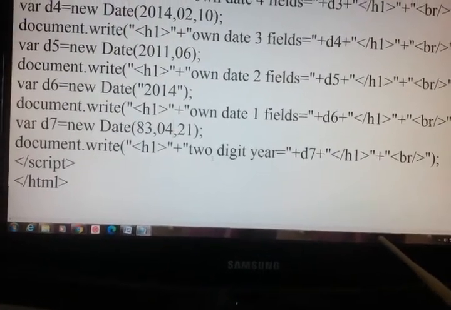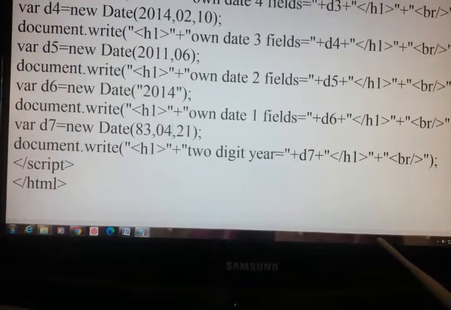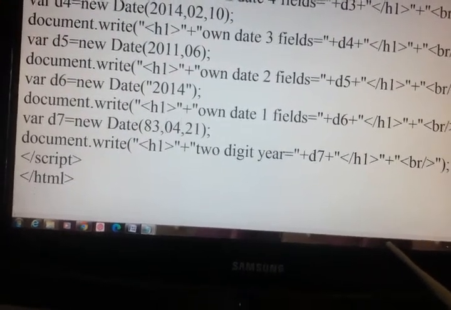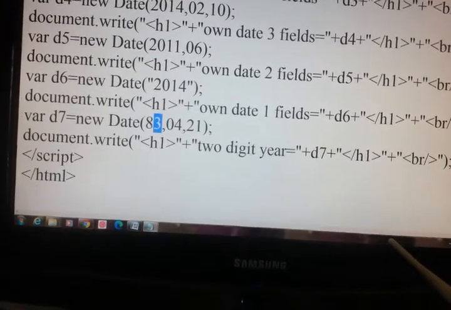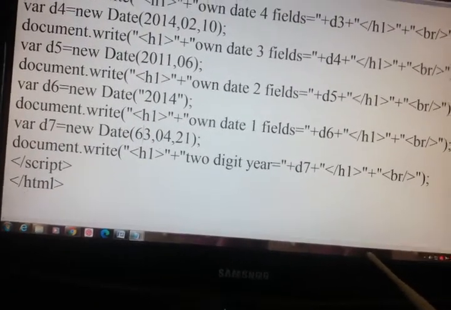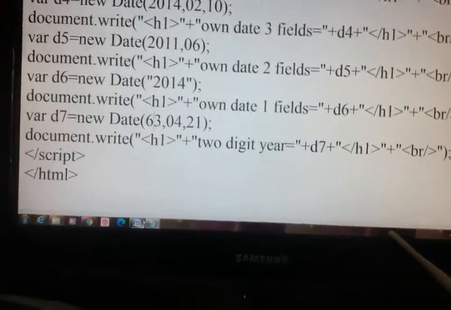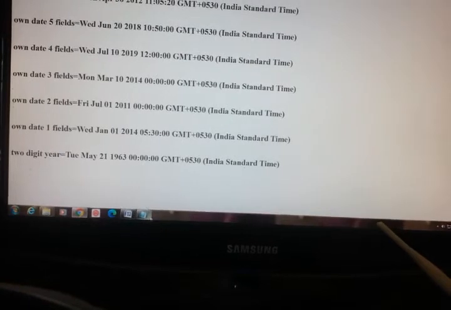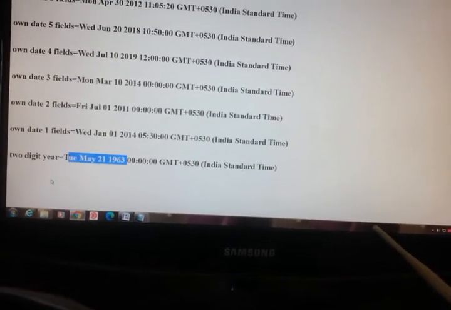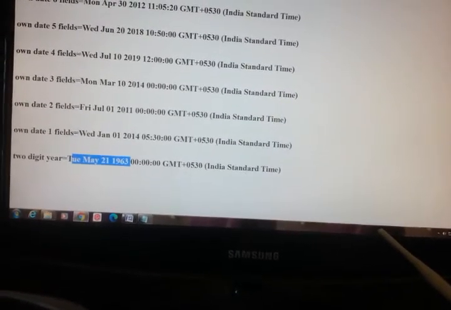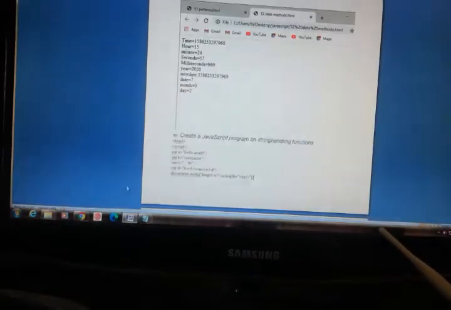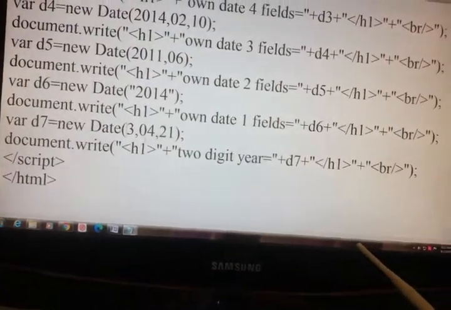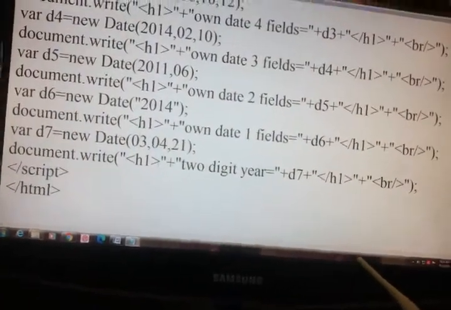Now if we see, as the base year is stated as 1970, if you give 63, let us see what happens. It has taken 1963. If you give 03, let us see what it will give.